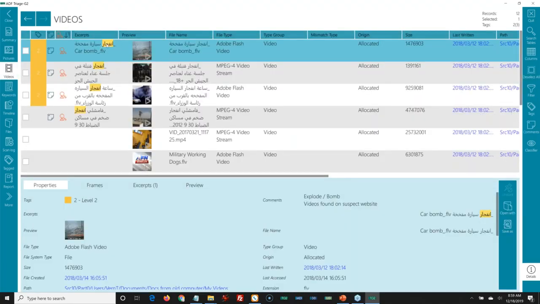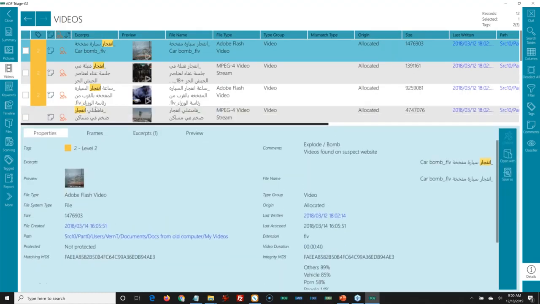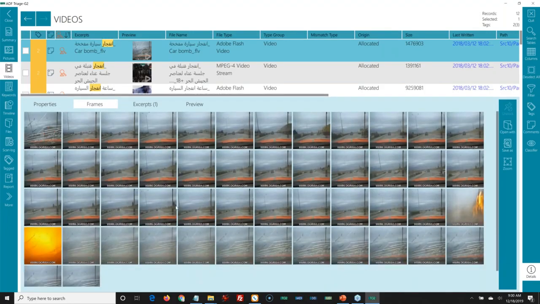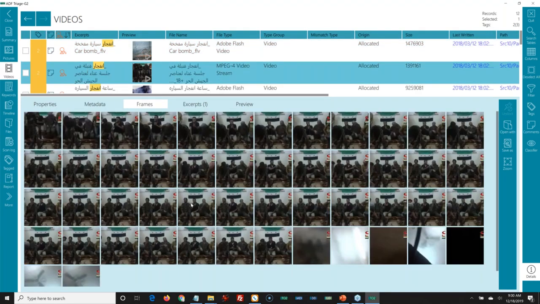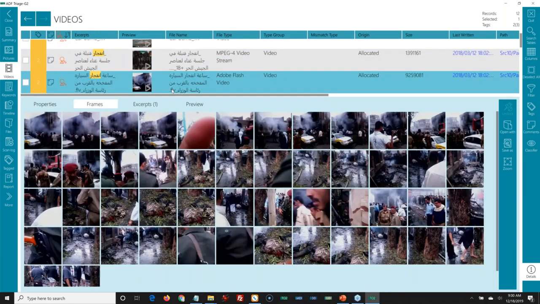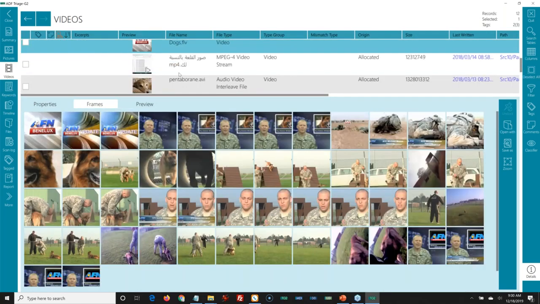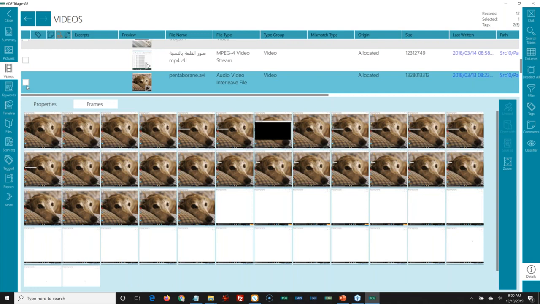Here's our videos. You can see the yellow, that's the keyword hits that we were on. So I could say some of those videos had those keywords in it. And under my comments, you can say, remember that said explode and bomb. We collect frames: first frame, last frame, and 48 from in between, spaced out, which gives you a pretty good idea of what's in that video. And there's no doubt to me that there's an explosion somewhere in that video. But the nice thing is I can just step through my videos one by one and get a pretty good idea of what's in each one of these videos.